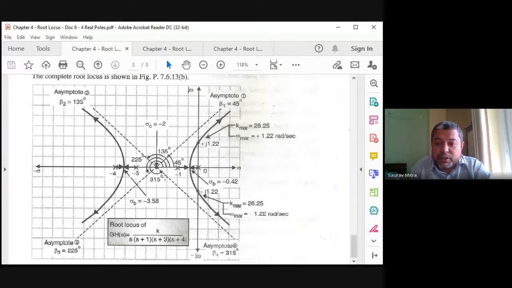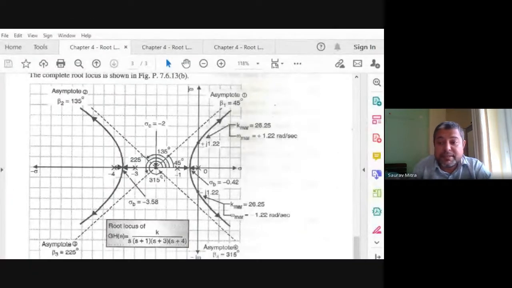If there are two root locus, p minus z is 2. In that case, the angles will be 90 and 270 degree. If p minus z is 3, that means there are 3 root locus. That means there are 3 poles from which root locus is exiting and going to the zeros which are kept at infinity. So in that case, the angles are 60 degree, 180 degree, and 300 degree. If there are 4 root locus, in this case, the 4 asymptotic angles are 45 degree, 135 degree, 225 degree, and 315 degree.